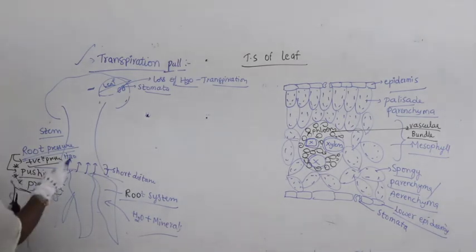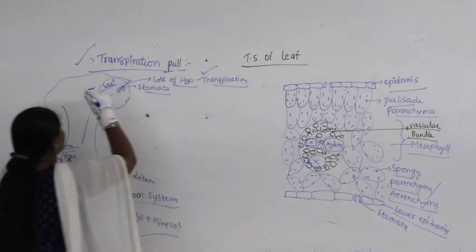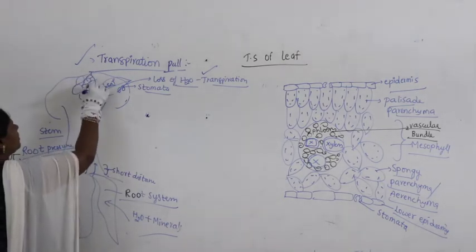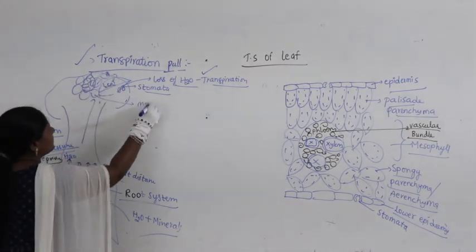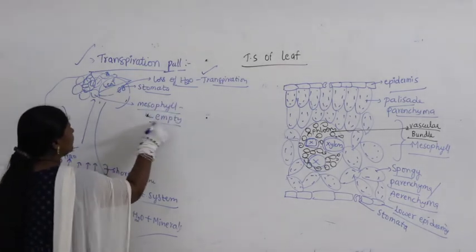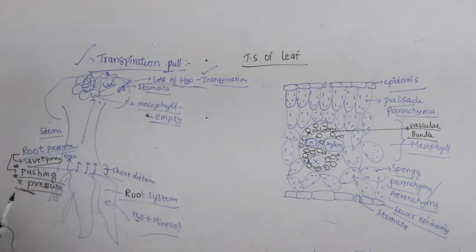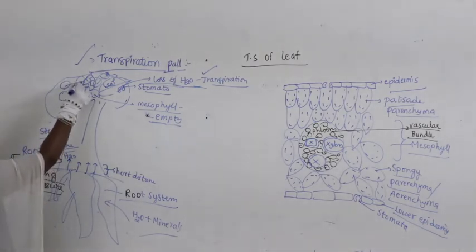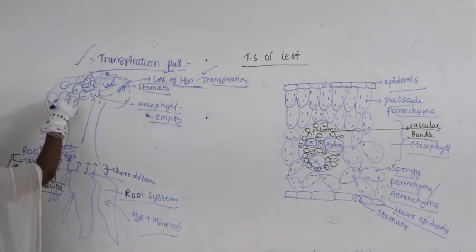And here, who is pulling? Transpiration is happening. Loss of water is called transpiration. Now all the mesophyll cells in the leaf become empty because water is lost by the process called transpiration. Why do mesophyll cells become empty? Because there is a loss of water due to transpiration. When cells become empty, they try to take water from the next neighbor cell. And these neighbor cells, when they become empty, try to take water from the next neighbor cell.